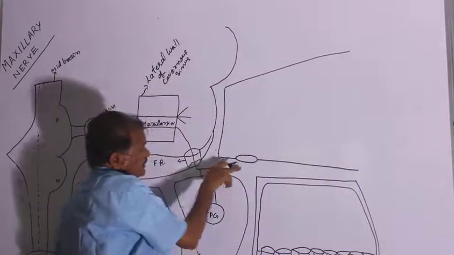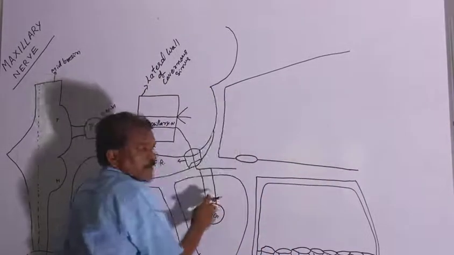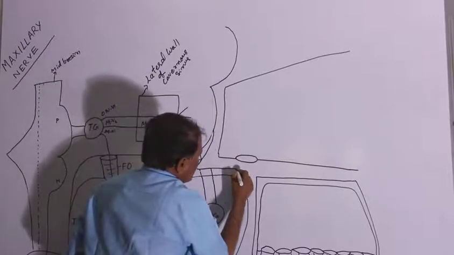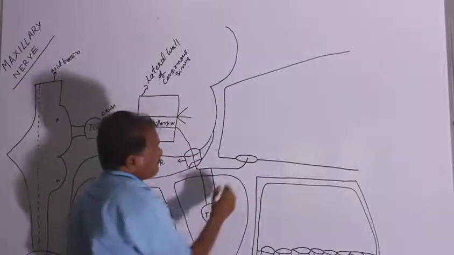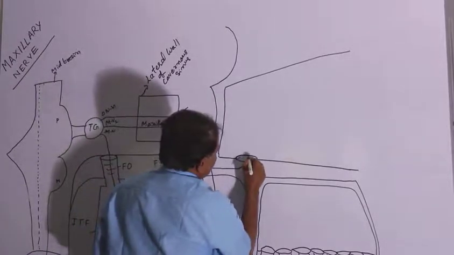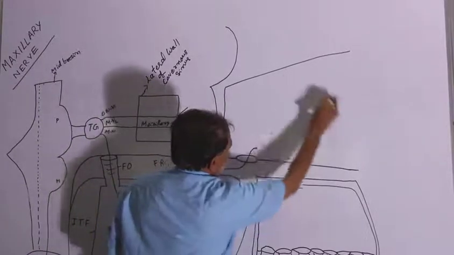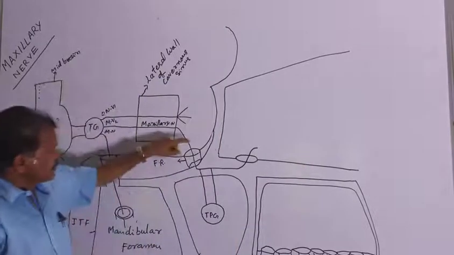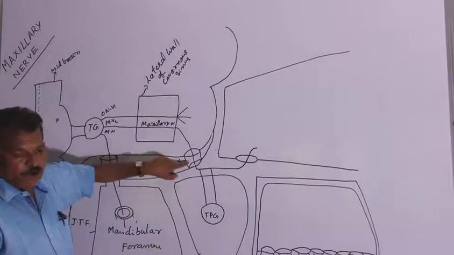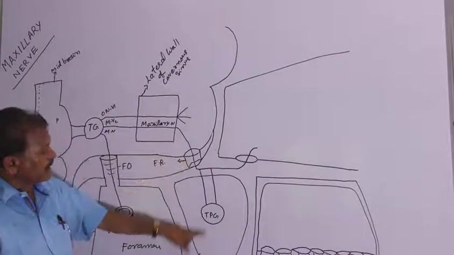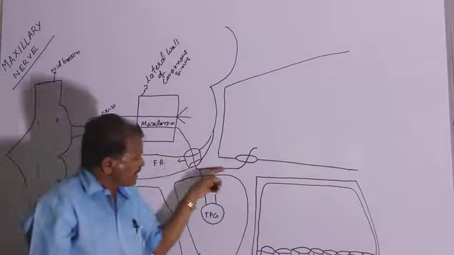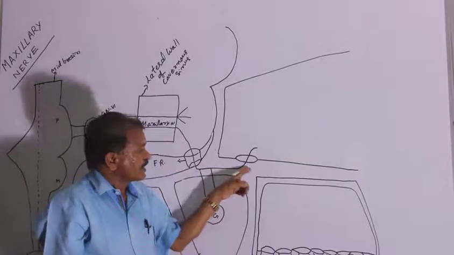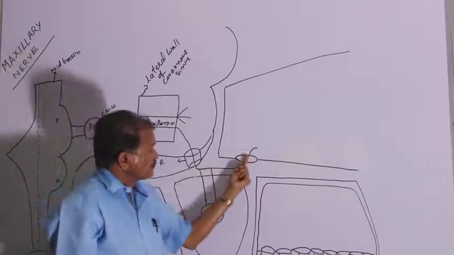It runs anteriorly, and then it enters the inferior orbital fissure and enters the orbit. Once again, from the foramen rotundum it enters the pterygopalatine fossa. There it gives the ganglionic branches, and further it runs anteriorly and enters the